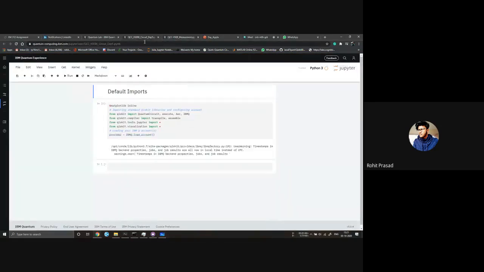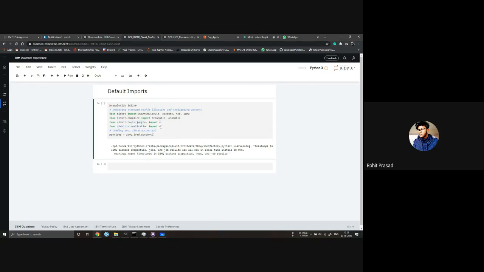So I will be coding and explaining what I am doing. The first thing, when you make a new notebook in IBM Quantum Experience, is that it will import the default packages: QuantumCircuit, execute, Aer, IBMQ, transpilers, assemblers, and everything from the Jupyter tools, and visualization.